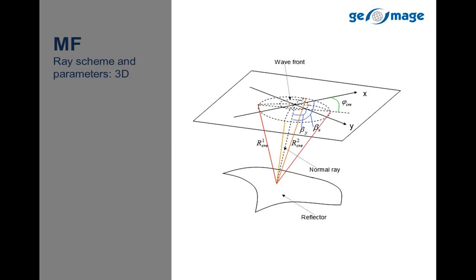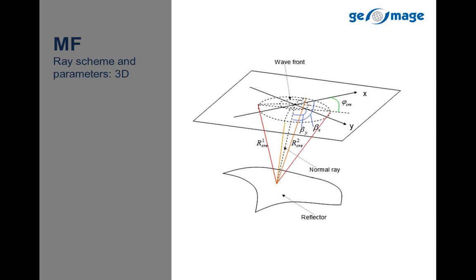So we have two angles in x and y directions, beta x and beta y, and 6 radii of curvature, 3 for each fundamental wave, 3 for RCRE